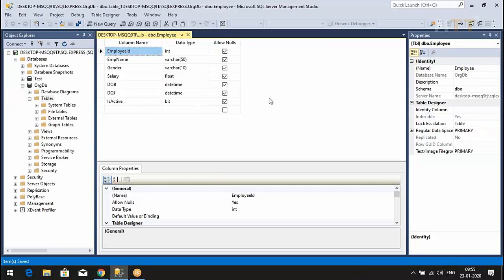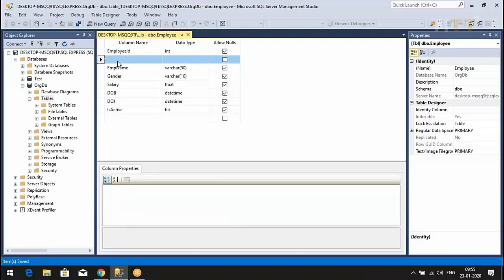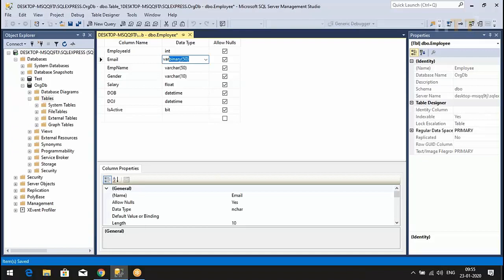Do anybody have any doubt? Now, how do I make primary key? Okay, we want one more column, right? Email, we want one more column. So after employee name, I'll right click and I'll say insert column. Got it? Email is also varchar.